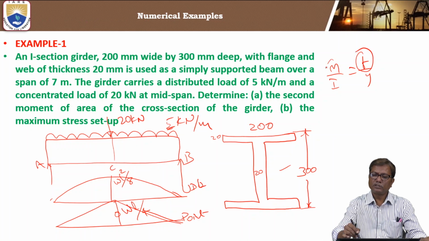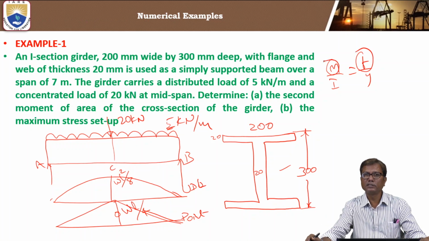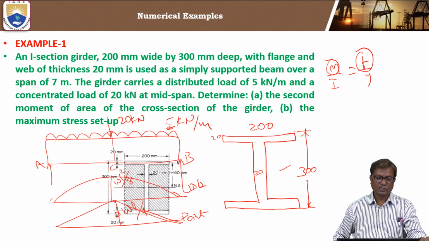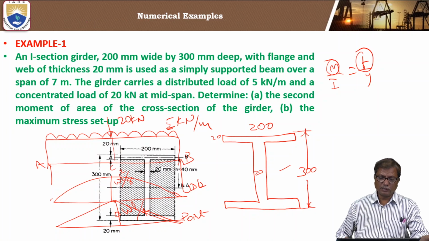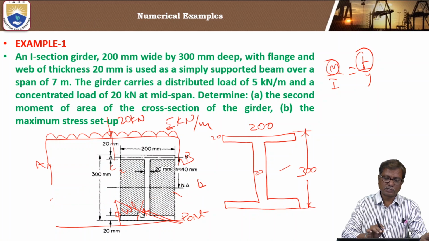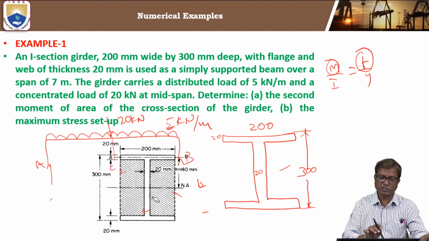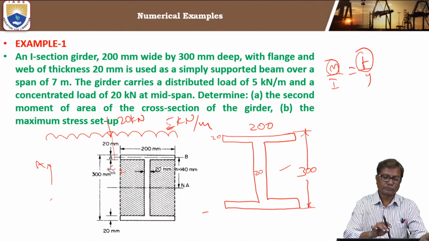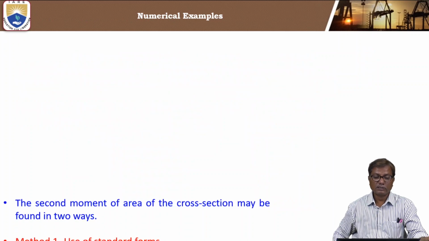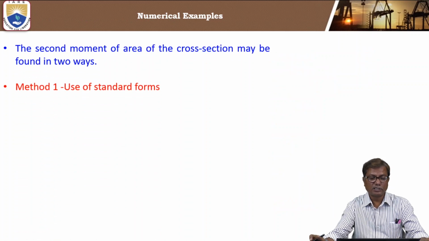So here we need to find the maximum bending moment which occurs at midspan. Let us see this cross section which is an I section. Now the moment of inertia of the I section,